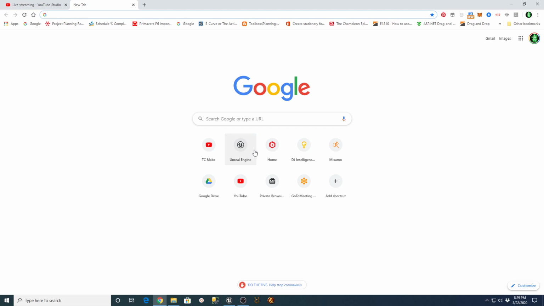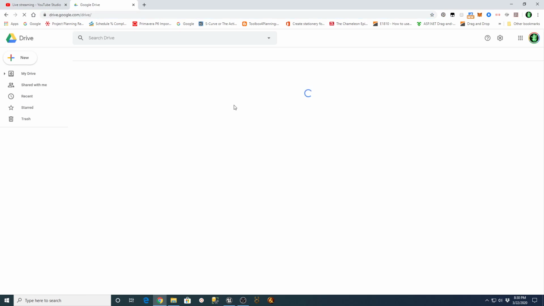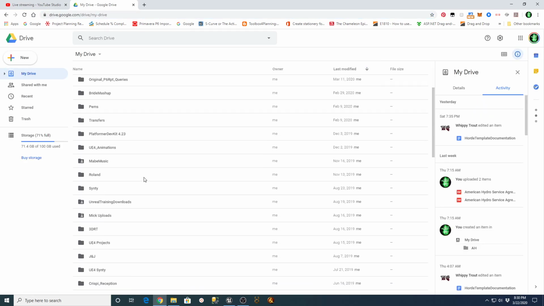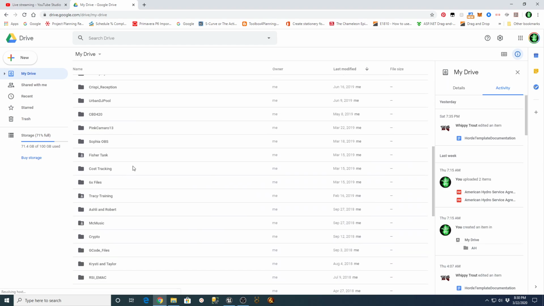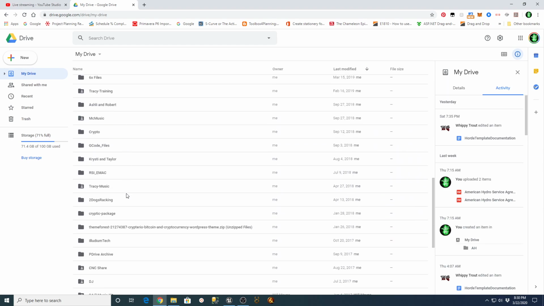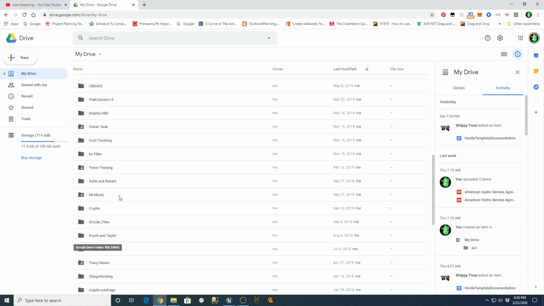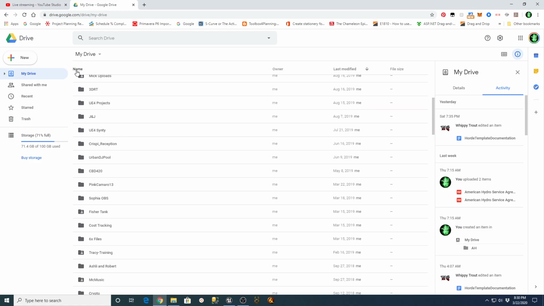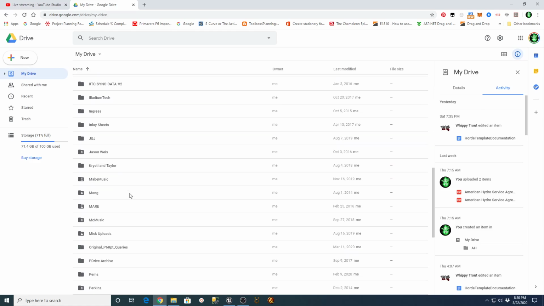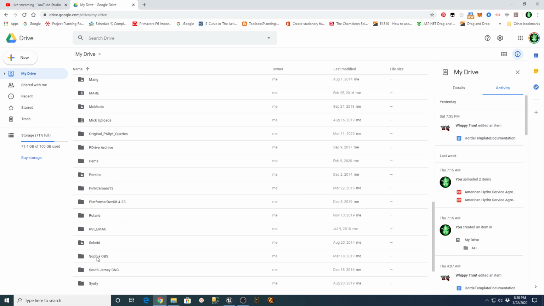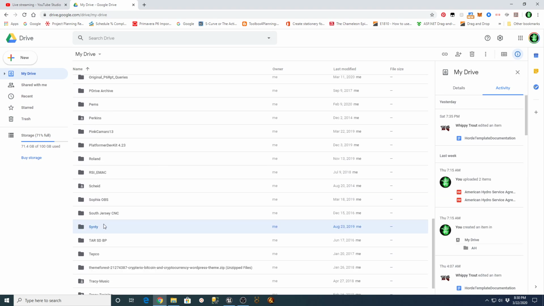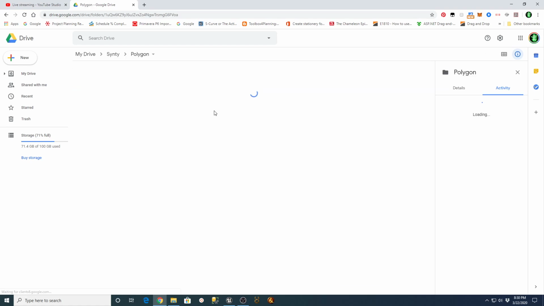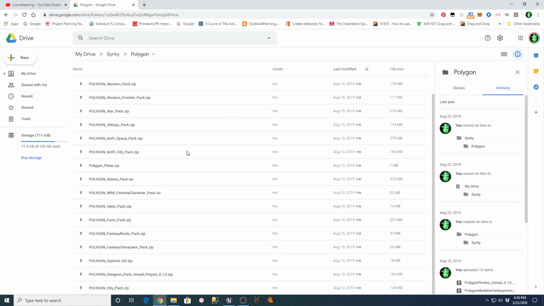We'll go to my Google Drive and go grab some of my Synty assets. I think I have them under Polygon or Synty Polygon. Let's see. Maybe under Synty Polygon. There's all my different packs that I have.